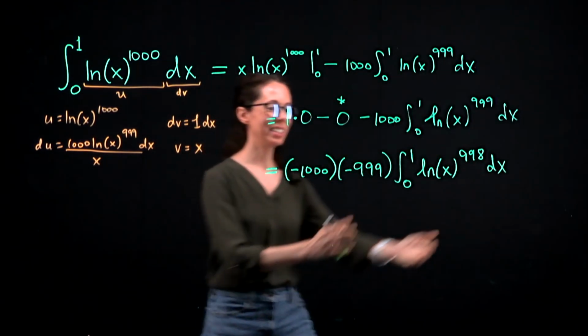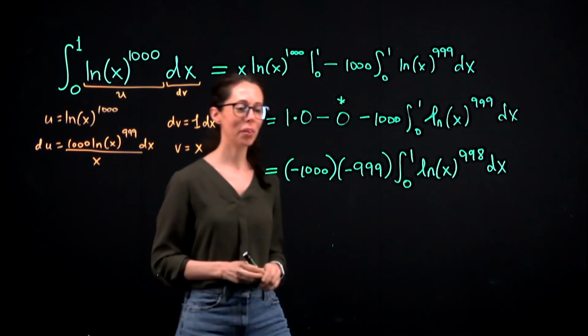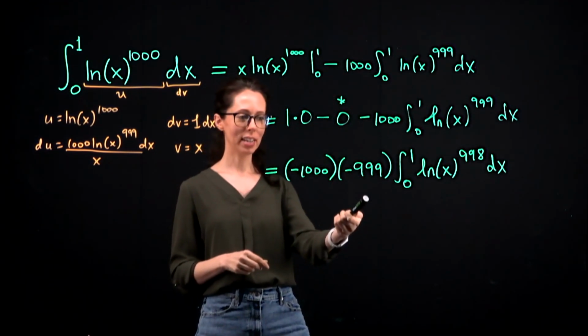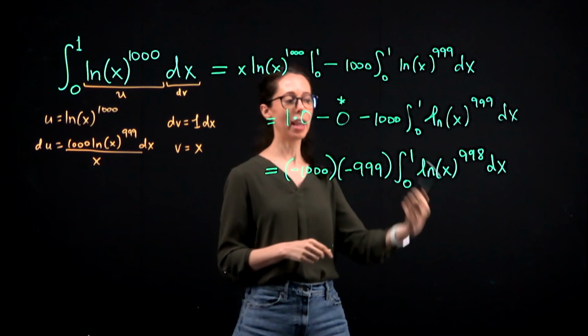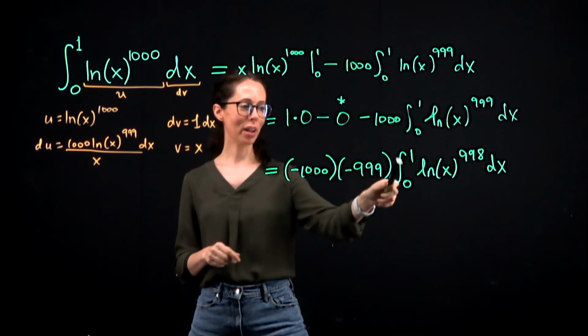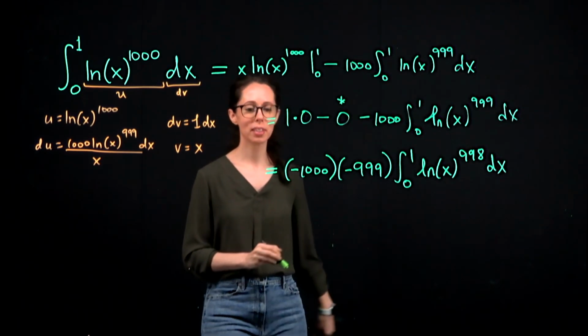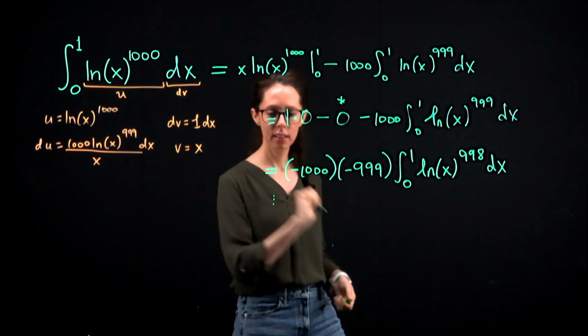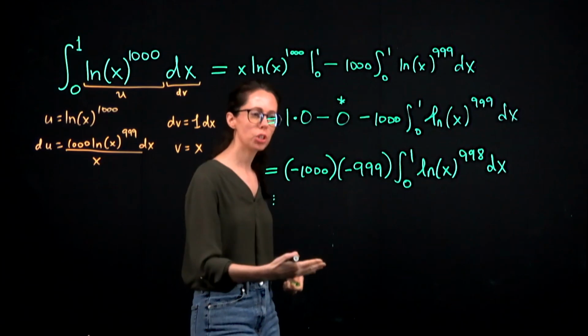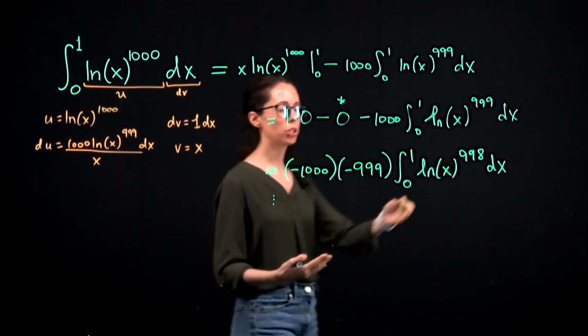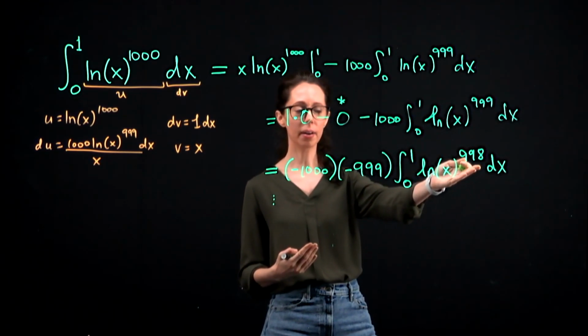What if we did it again by using integration by parts here? We would have negative 1,000 times negative 999 times negative 998, the definite integral from 0 to 1 of natural log of x to the 997. Now, I'm not going to write this over 900 times. Instead, let's realize that if we kept doing it all the way down to, say, having 0 power here,